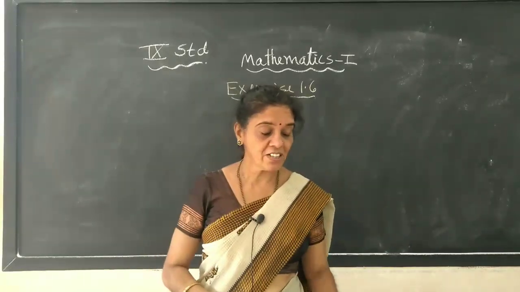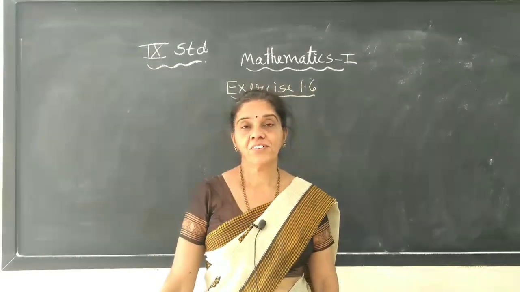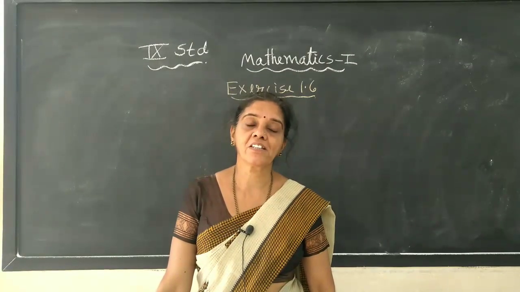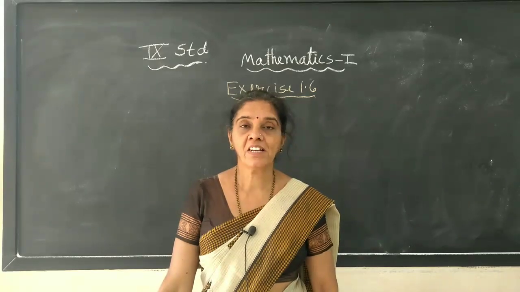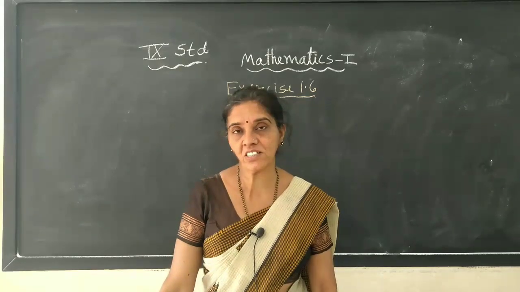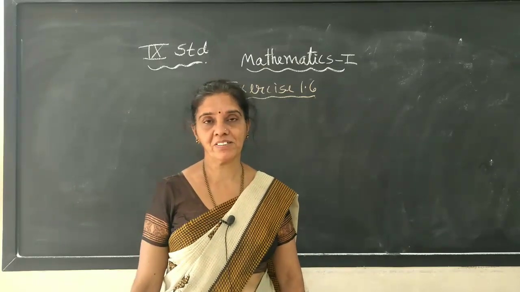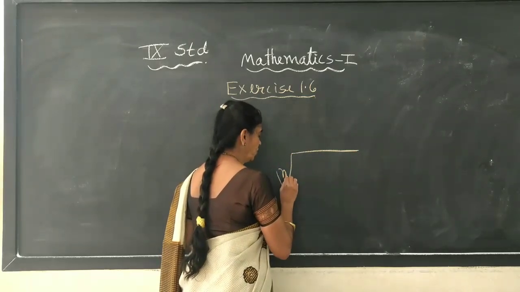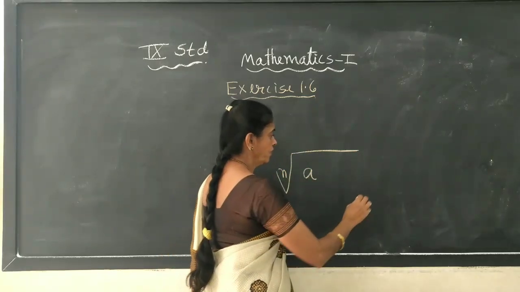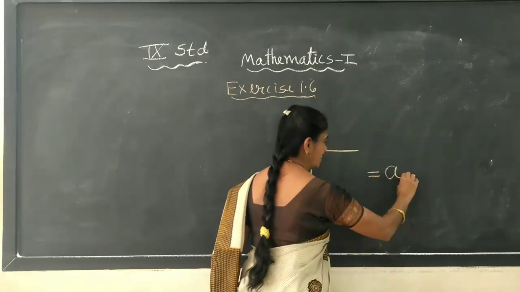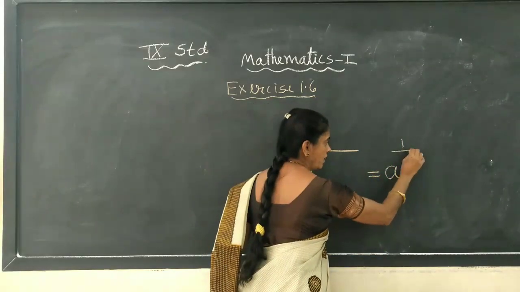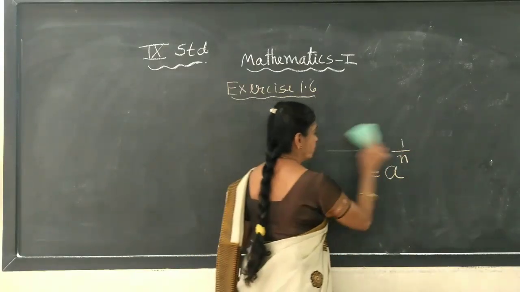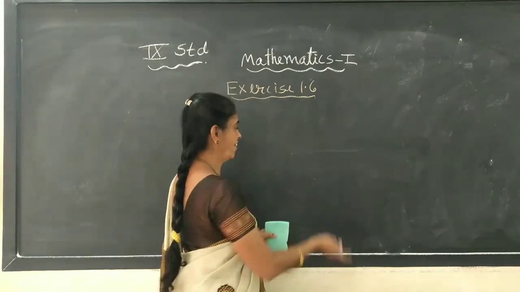Dear students, yesterday we learned that in the case of positive real numbers present under the root sign, root numbers, their exponential form can be written in the form of a rational number. That is, the nth root of any positive number a, if we write it in the exponential form, is a to the power of 1 by n, right? Now that we have studied this, tell me, we will revise it.